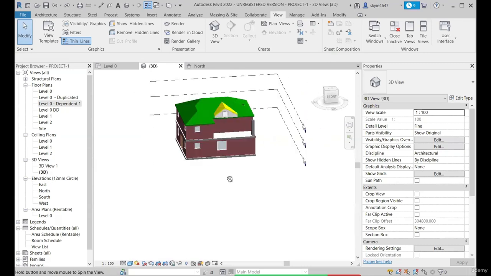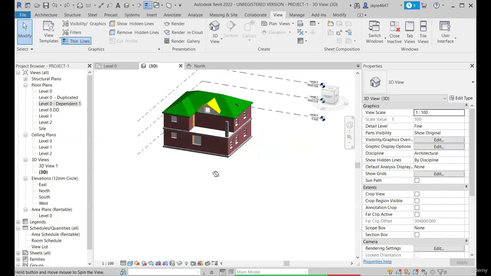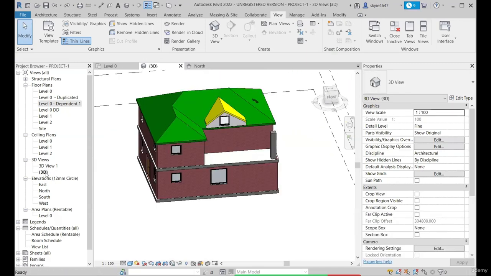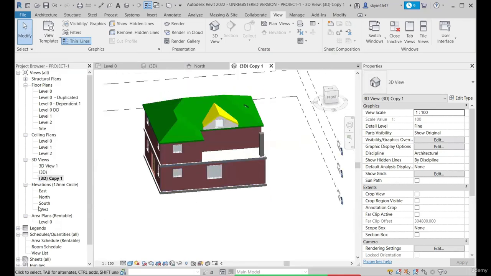in the project browser. So if you want to copy or make a duplicate of any particular 3D view, you can do that as well. You just need to go to the 3D view, right click on this and duplicate. Just duplicate. Then you can rename it as